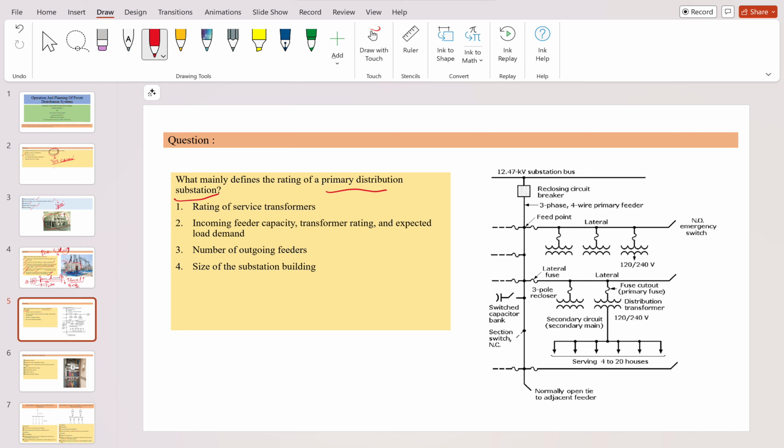Vilas, can you switch off your mic, please? Okay, option one, I've got. Okay,